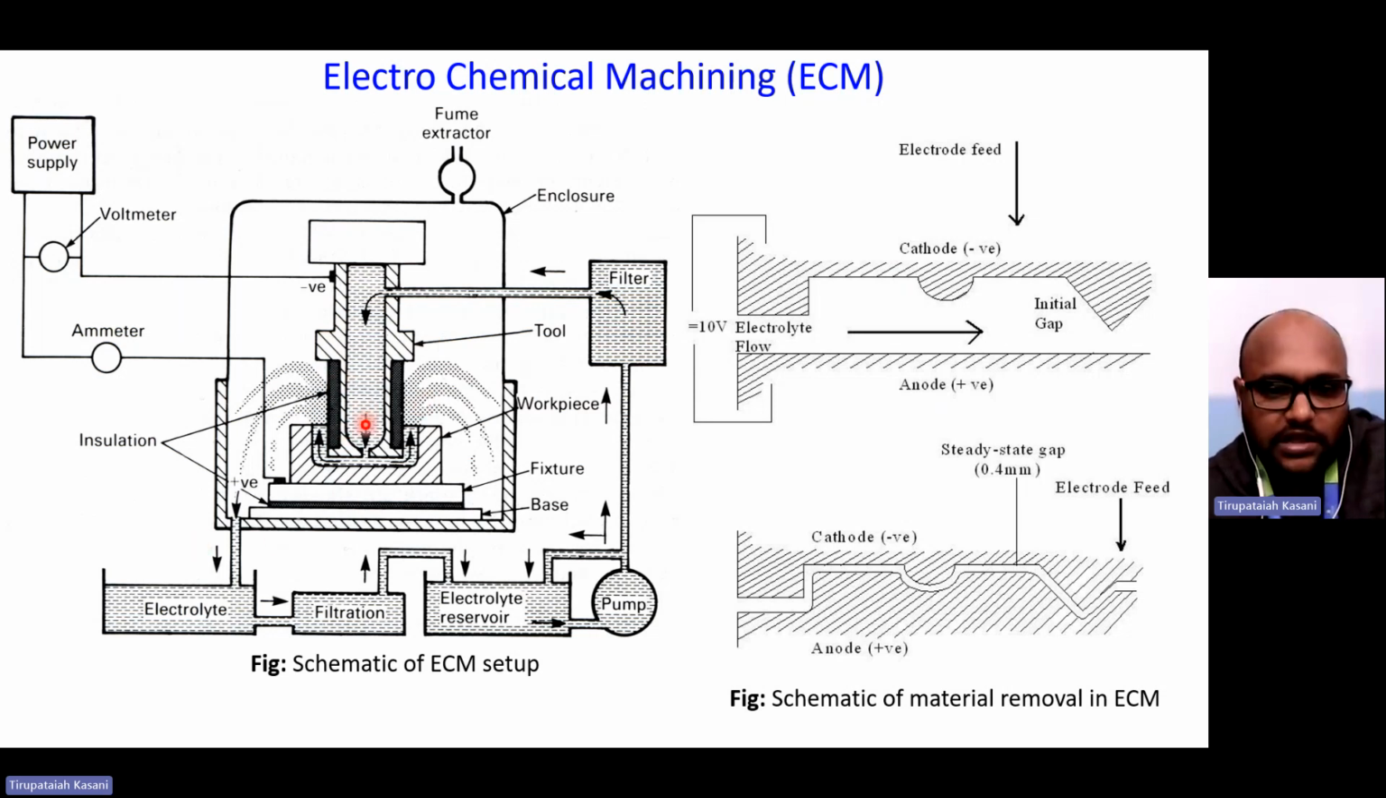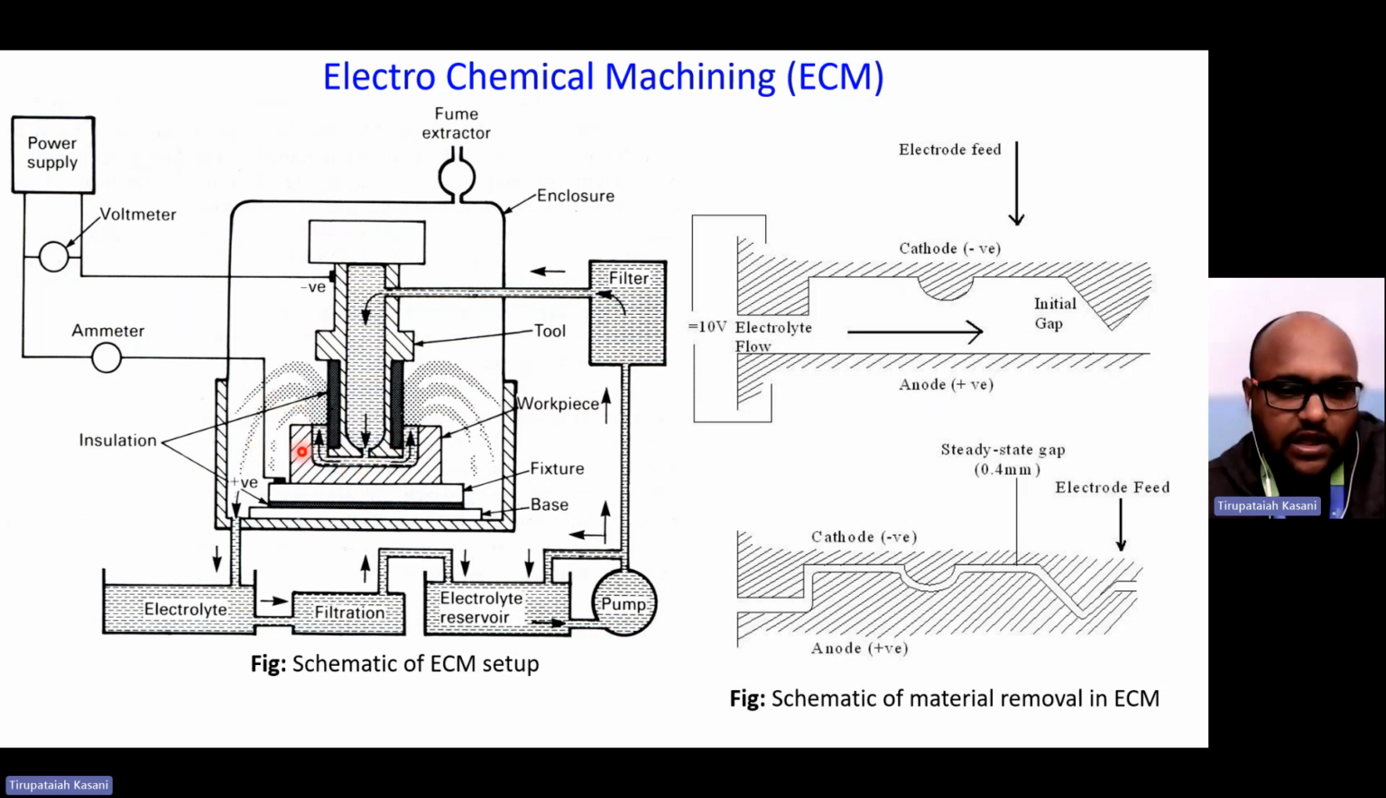Here the chemical action occurs between the workpiece and the tool in the electrolyte medium. The ions, meaning the workpiece material that is dissolved in the electrolyte, are removed from the workpiece in the presence of this electrolyte and try to accumulate over the top surface of the tool, but there is a continuous flow of the electrolyte